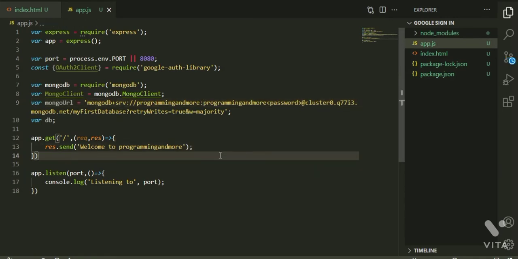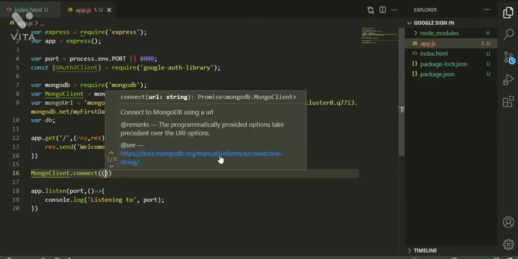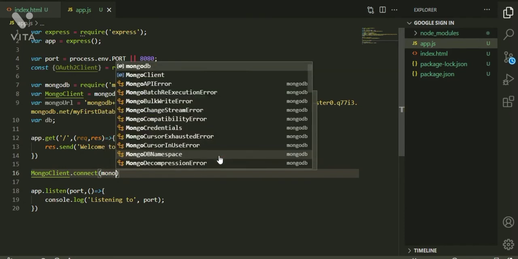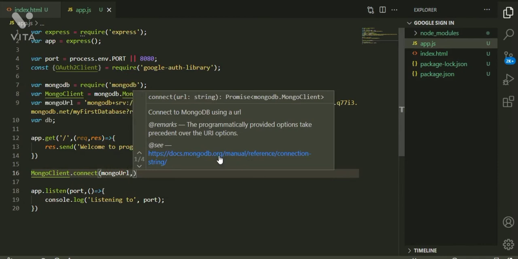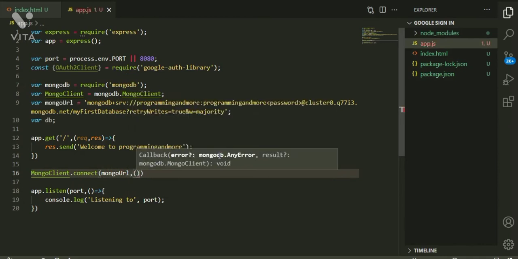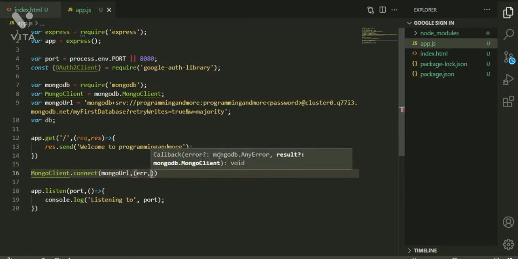Now we have to connect a Mongo database using MongoClient.connect, and as a parameter we have to give the Mongo URL, which we have copied just now. Mongo URL and a callback function which takes parameters error and let us say client.